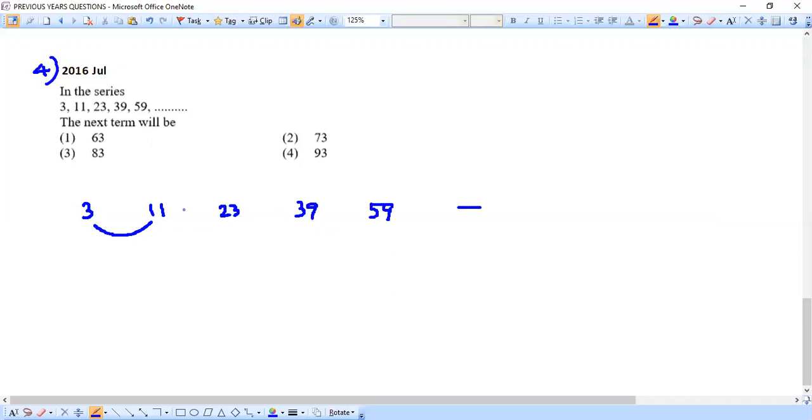Yes. So 3 to 11, they have moved. So that means here they did plus 8. It's very easy to say, right? 3 plus 8 will give 11, right? Yeah, next continue here. So 11 to 23, I have to move. So that means here they have added how much we need to do? I think we need to do 2, 1, that is 12. We need to add 12. 11 plus 12 will give us 23.